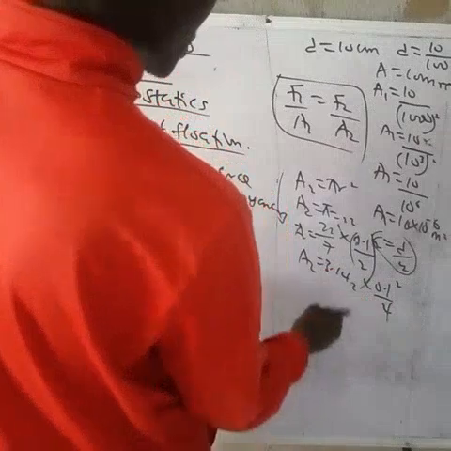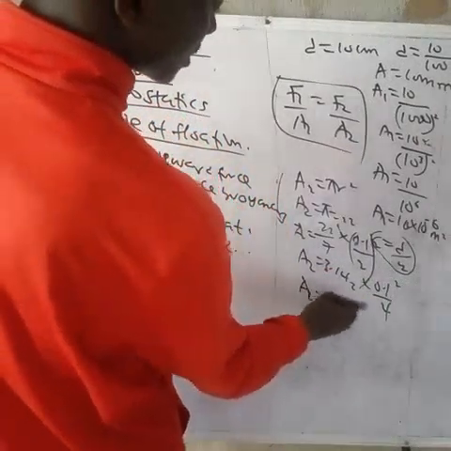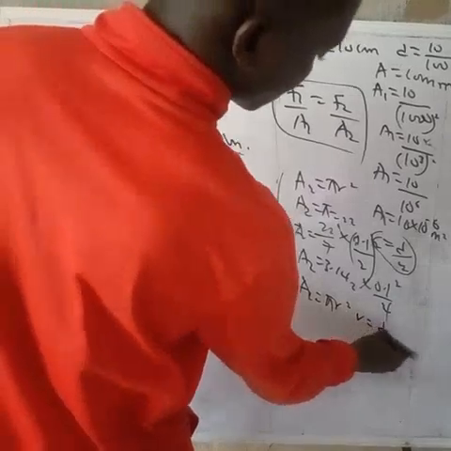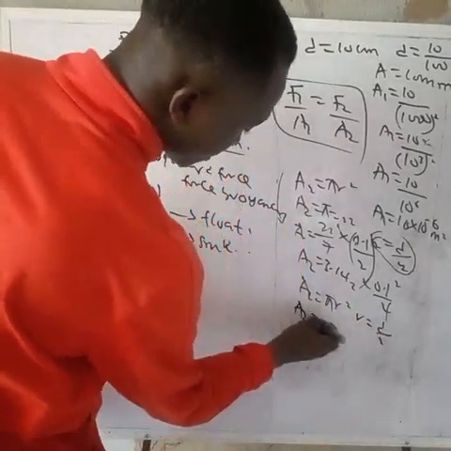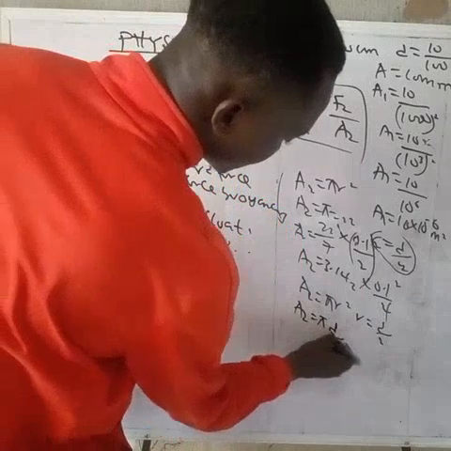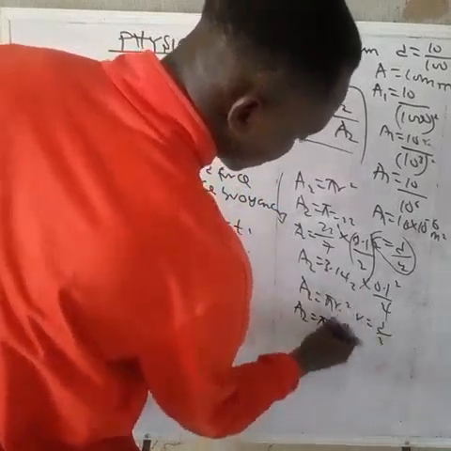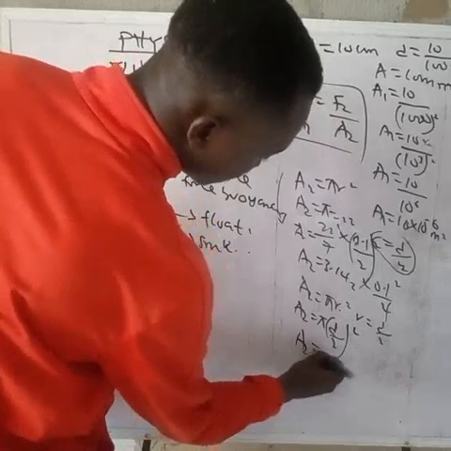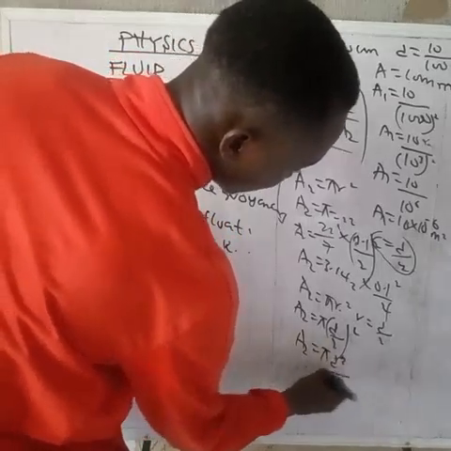2 square is 4. Or you can just use A2 is equal to pi r square, where r is equal to diameter over 2. So you have A2 is equal to pi, diameter over 2, all in square. Then area 2 is equal to pi d square over 2 raised to